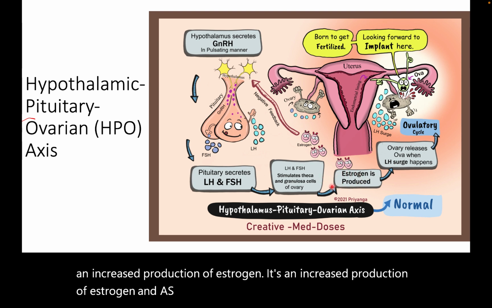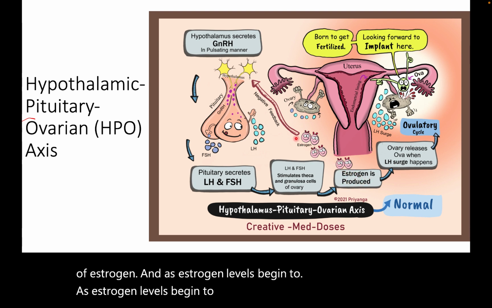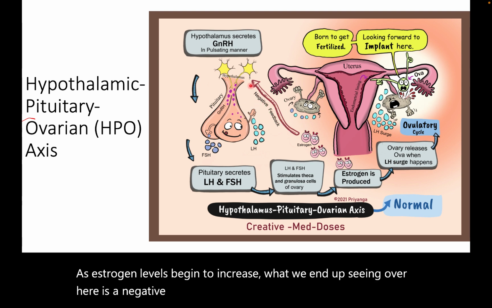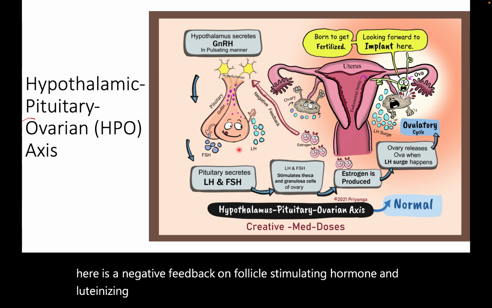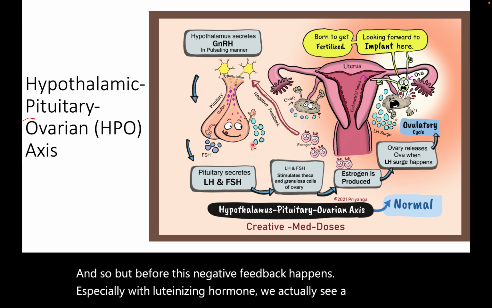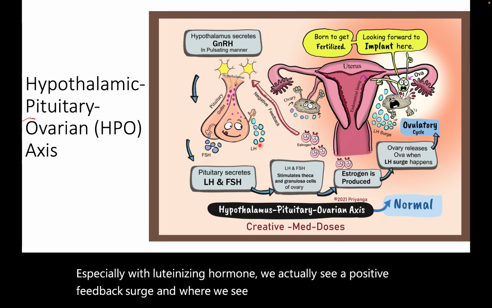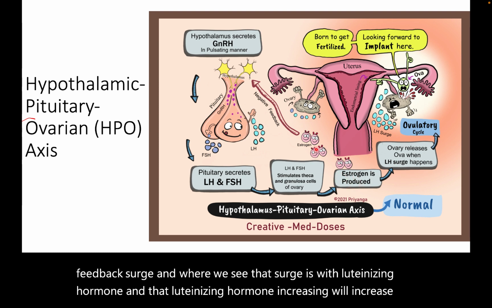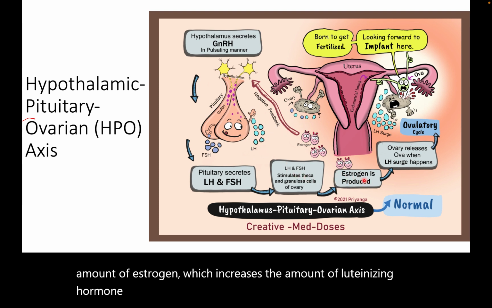And as estrogen levels begin to increase, what we end up seeing over here is a negative feedback on follicle stimulating hormone and luteinizing hormone. But before this negative feedback happens, especially with luteinizing hormone, we actually see a positive feedback surge. And where we see that surge is with luteinizing hormone. That luteinizing hormone increasing will increase the amount of estrogen, which increases the amount of luteinizing hormone, which increases the amount of estrogen. And what is happening here is, remember we said